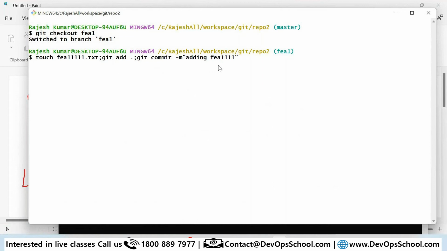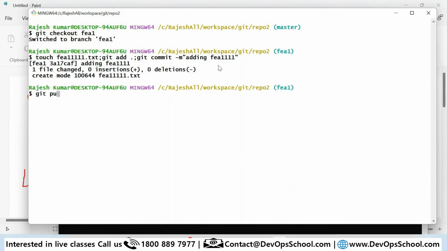Done. And after that, I'll push to the feature one branch. I repeat, pushing to the feature branch. So git push origin v1 in the remote. I pushed it because, assuming I don't have access to the master. So now if I push it, let me just,